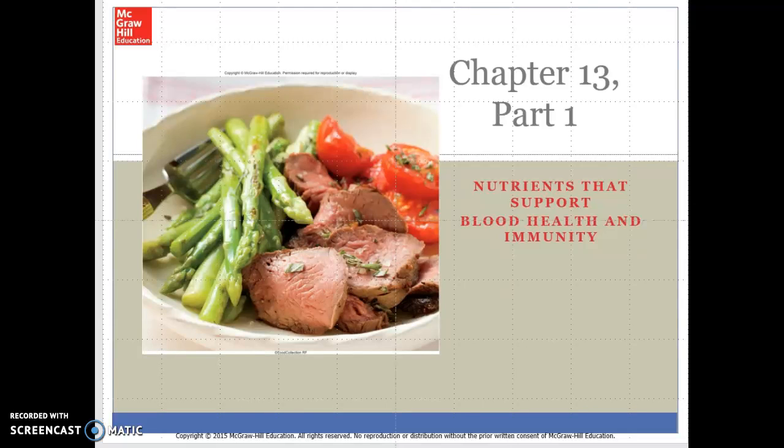Okay, chapter 13, part 1. Part 1 is the red blood cells. Part 2 will be the white blood cells. So